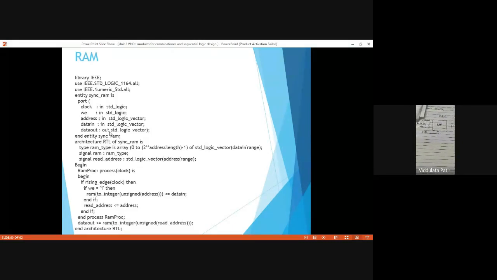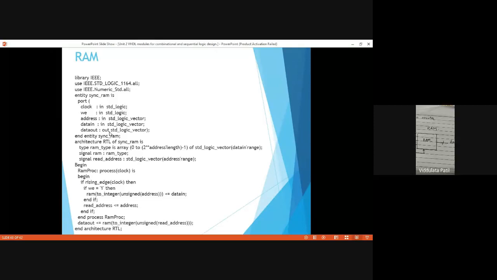Okay, then the next is the architecture declaration. So architecture RTL of the entity name, that is sync_RAM, is, and then we have declared one array type, RAM_type is array. Okay, now how have we declared this array?